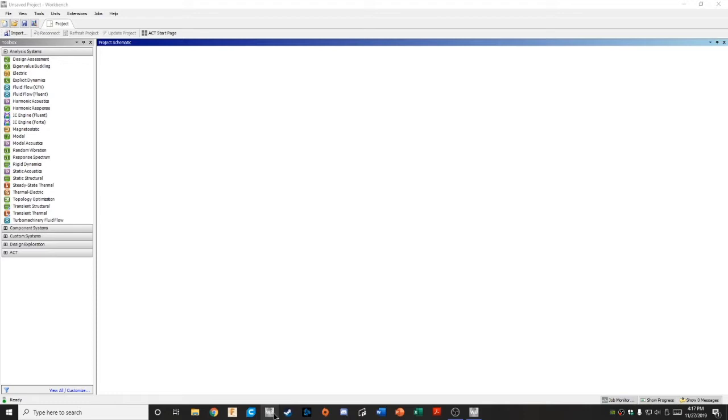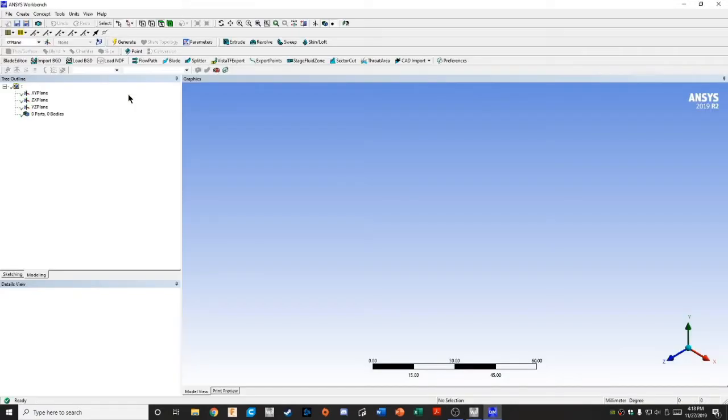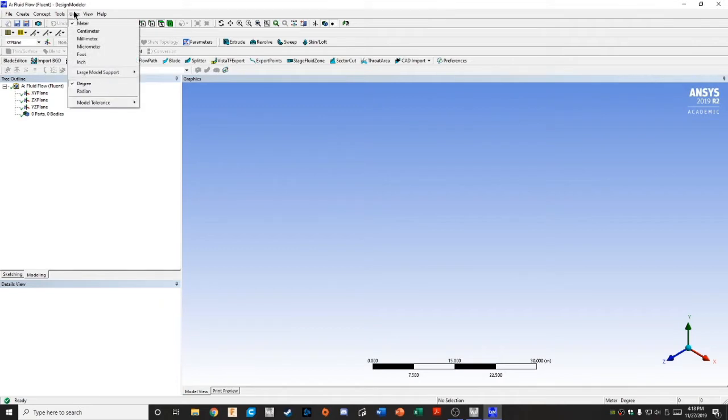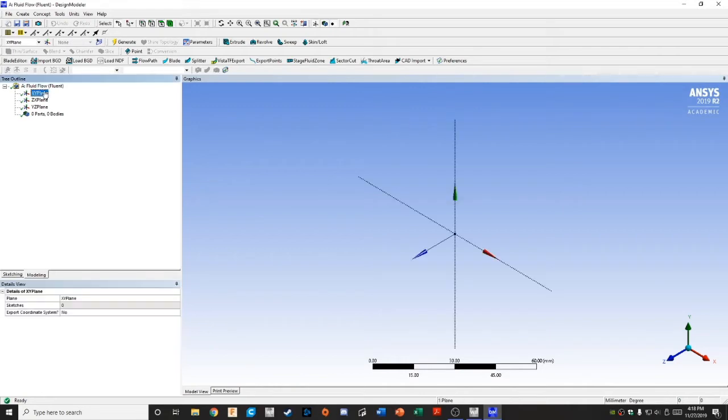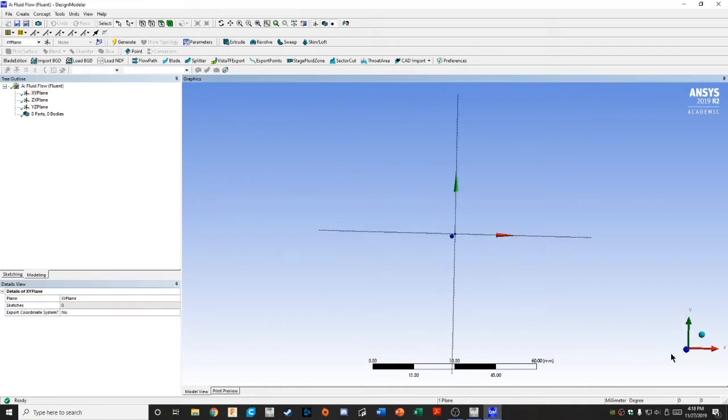So we're going to start today in Fluent. We're going to start with the geometry. So you're just going to click on Fluent, go to Geometry, right click, and we're going to use Design Modeler. Okay, so in Design Modeler, we're going to go to units. We're going to change it to millimeters because we're going to be working in millimeters. We're going to go to the XY plane,